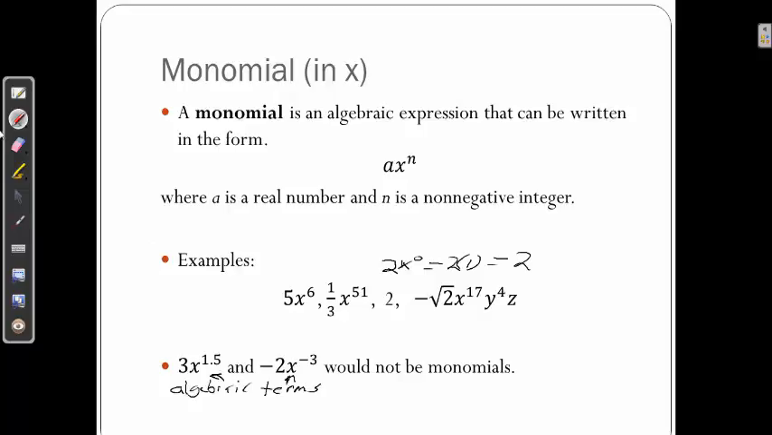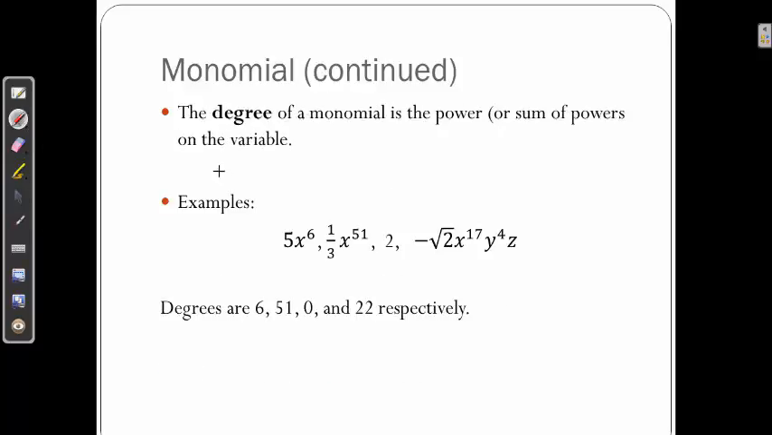So these two expressions would both be considered algebraic terms, even though they're not monomials. And in fact, all monomials are algebraic terms as well. We'll use that word throughout the semester. Moving on, the degree of a monomial, you just find its power on the variable,